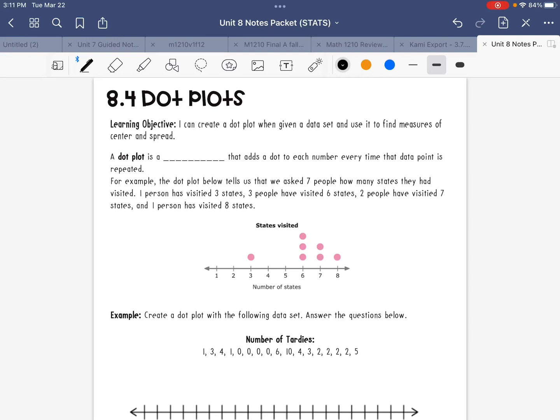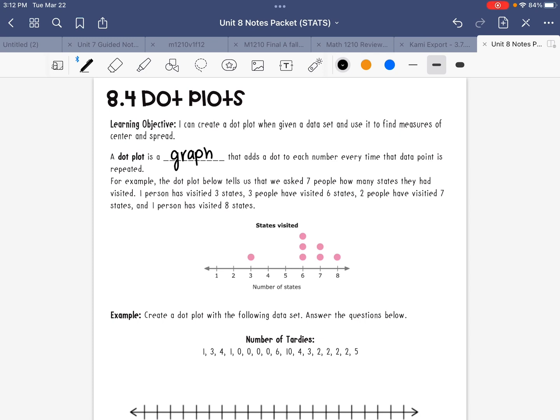8.4, dot plots. Learning objective: I can create a dot plot when given a data set and use it to find measures of center and spread. So a dot plot is a graph that adds a dot to each number every time that data point